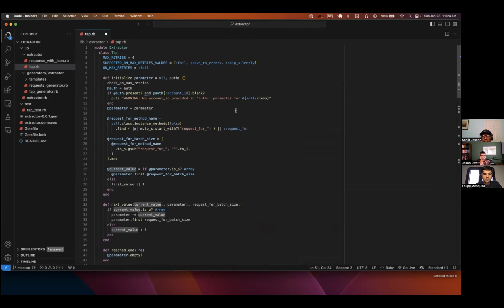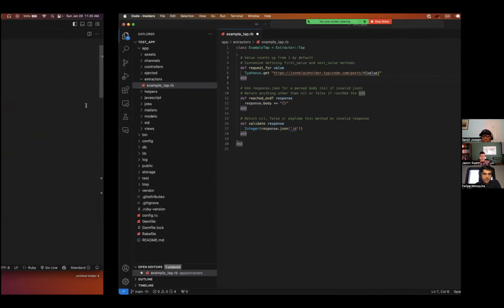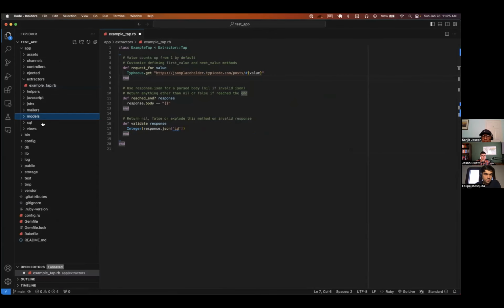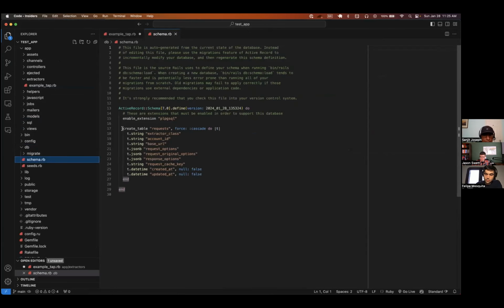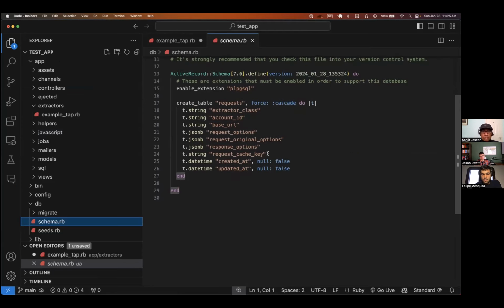Okay. So the first one I see there is auth. What is auth? This is just a named parameter. It's not used by the extractor class except for setting an account ID in the requests. So the model I use to save the requests to the database has an account ID column,